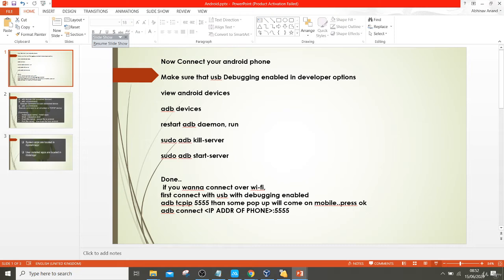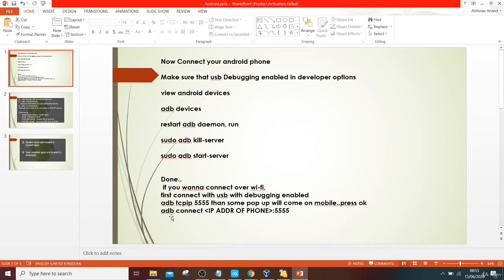And if you want to connect over Wi-Fi, then first connect USB with debugging mode. Then you have to type adb tcpip 5555, and then press enter.